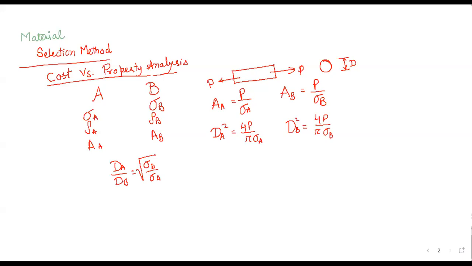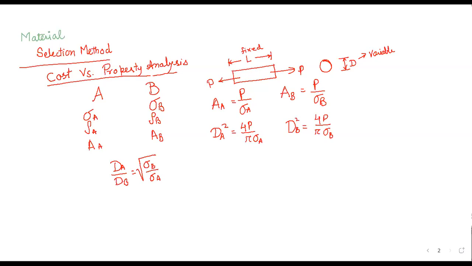Let's say we require this particular length, which is fixed. We cannot change it in many applications because the dimensions remain fixed and we cannot change the length. What we can do is change the d. The diameter is variable, but length is fixed. In most of the tensile load applications, this happens.